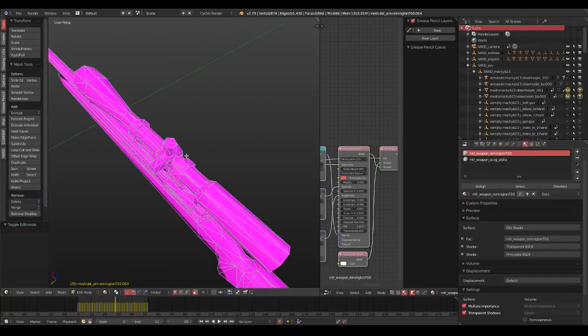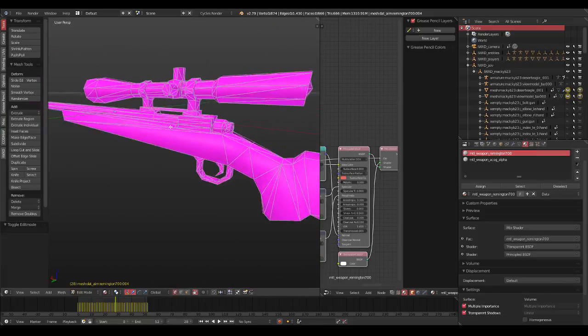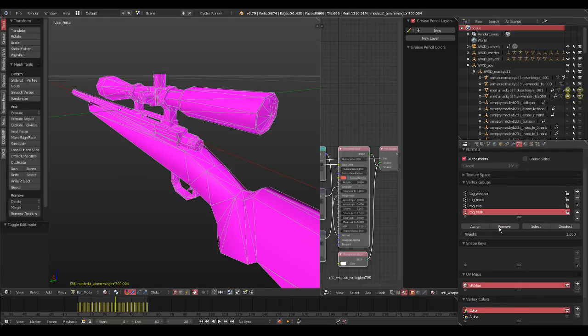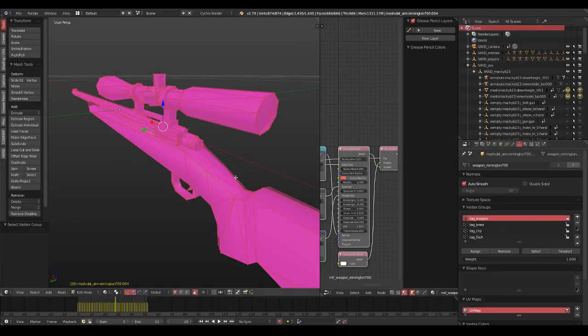So is it an Acog in there? I don't think so. I think that's normal. But if there would be an Acog in here, you would have to go in here, which is the mesh tab. And here you can see different vertex groups. So for example, if I select this one,